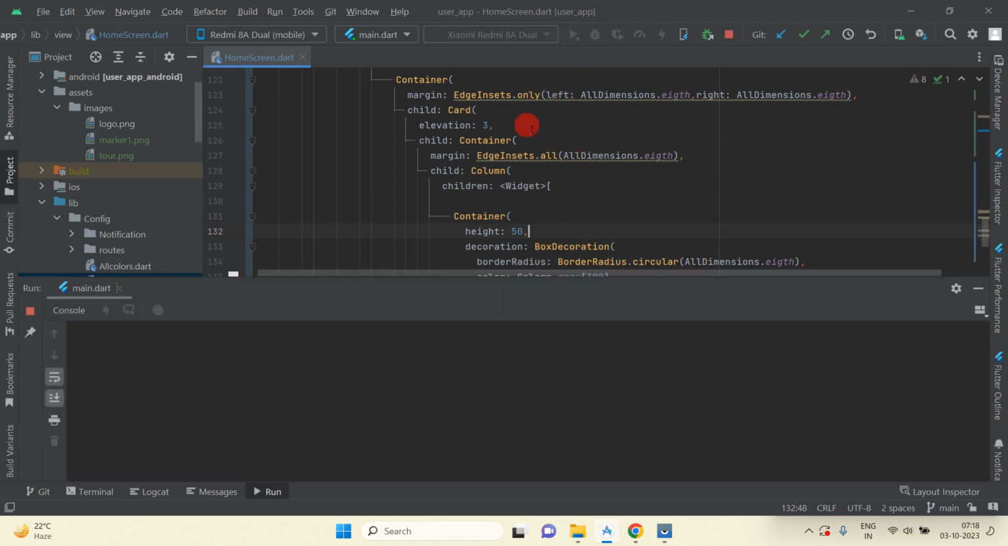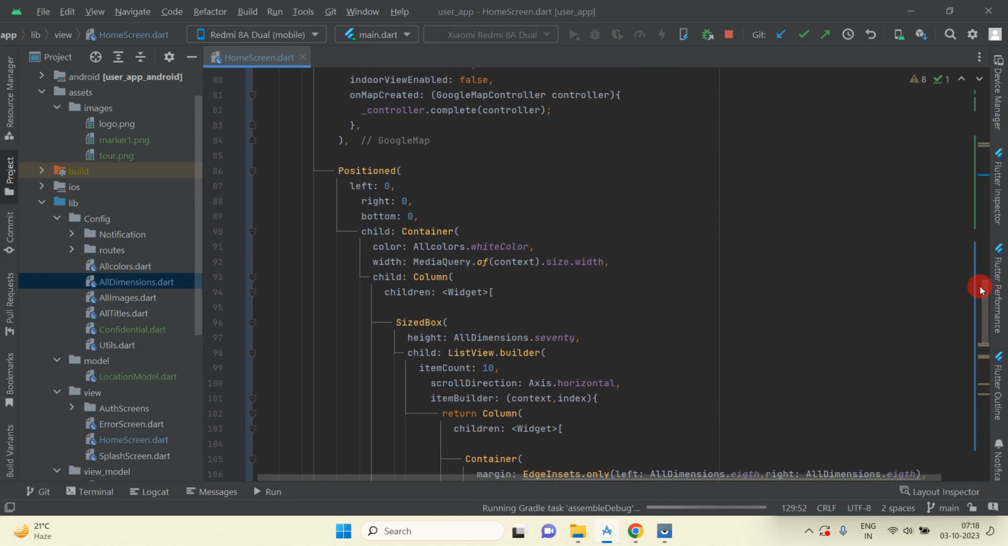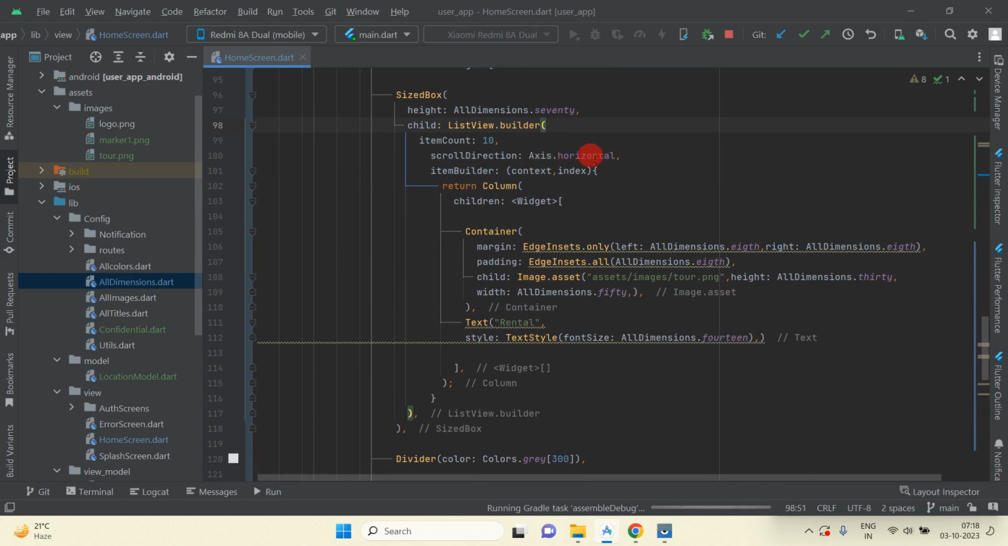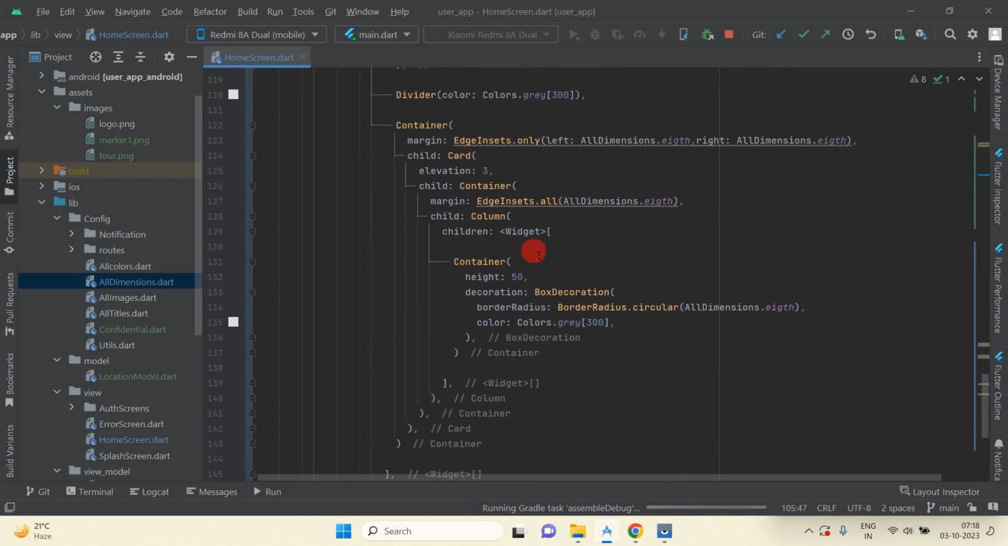I'm going to run this application, and firstly I'm going to show you what we are doing. Okay, here I have created one ListView builder, horizontal ListView builder, where we are showing all the offers like rentals, daily offers and all. And this is the search box, where we have denoted destination. Okay, so firstly I'm going to show you,